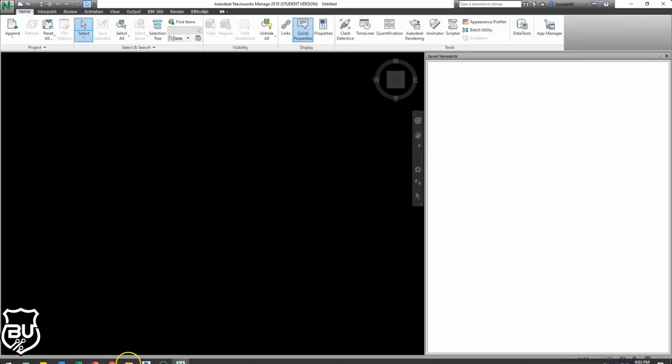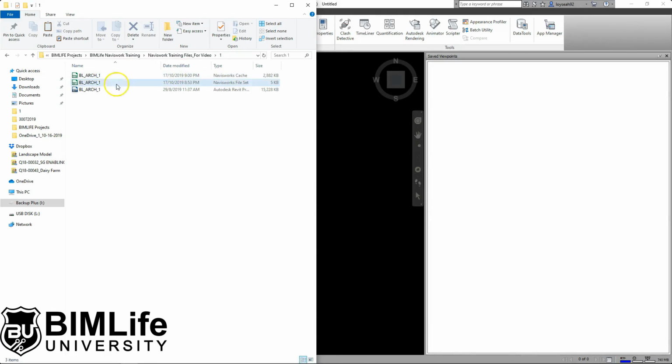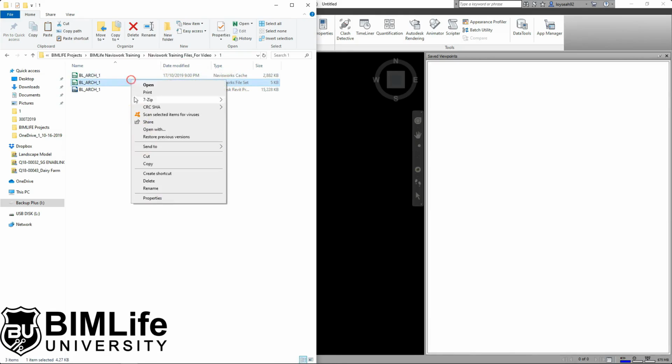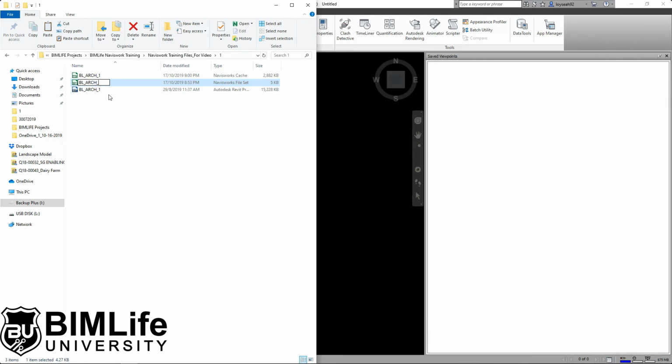So opening up the Windows Explorer, I'm just going to rename the one that says file set, rename it as consultant, because this file represents the views created by the consultant. Before we proceed, I just want you to see, compared to the Revit model,